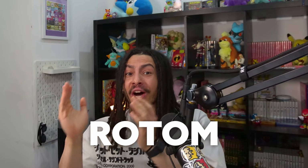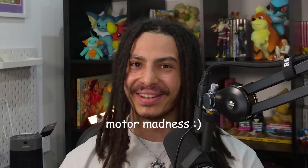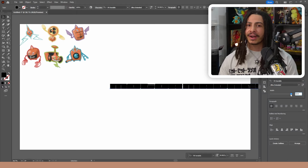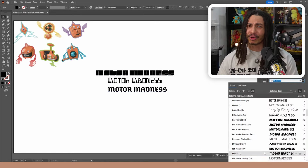Rotom is motor backwards. Motor madness. Rotom is a cheeky little bugger. Very mischievous. Perhaps known to cause a bit of madness and enter motors. Motor madness. I wanted the branding to be all zany and quirked up just like Rotom, so I picked out